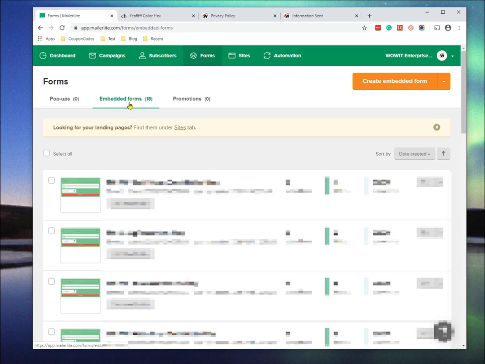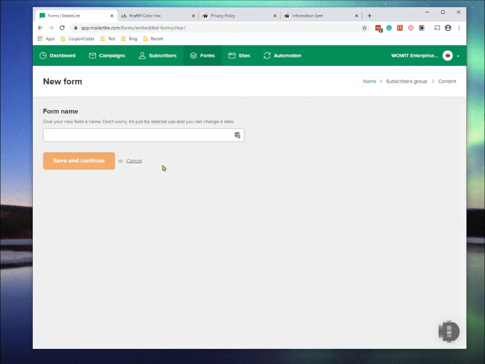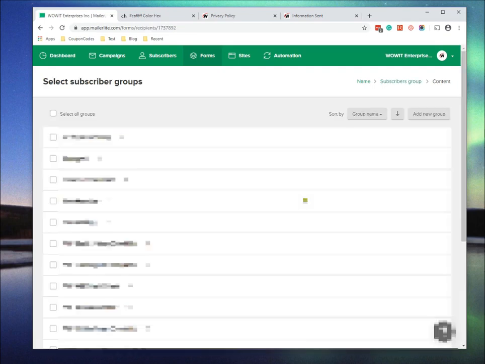And I'm going to do an embedded form. On the right-hand side, click on the orange Create Embedded Form. I'm going to enter a name for my form. Click Save and Continue. You have to choose the group for which the person subscribing through the form will be